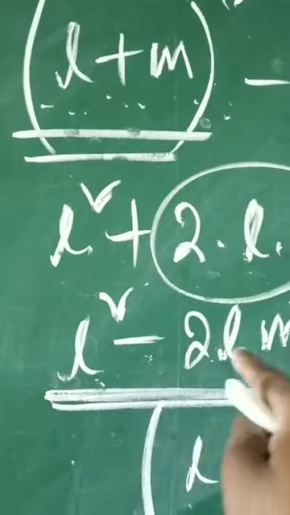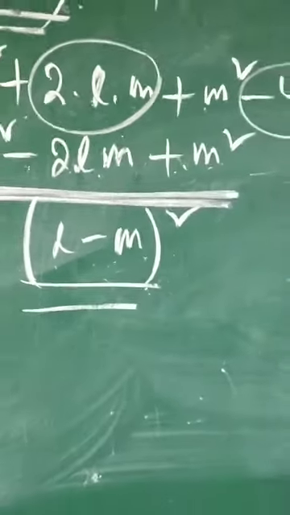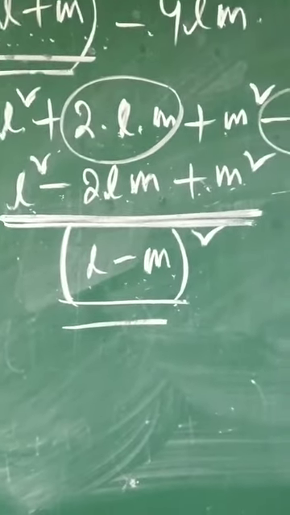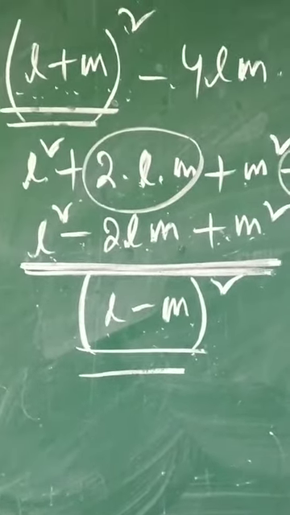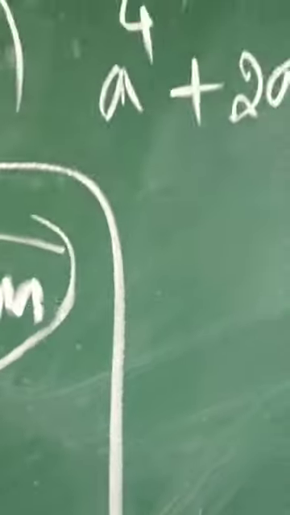And L square minus 2lm plus m square results in (L minus m) whole square. So I believe it's quite understandable and it was really very easy to solve. Children, let us talk about the next question. The next question is